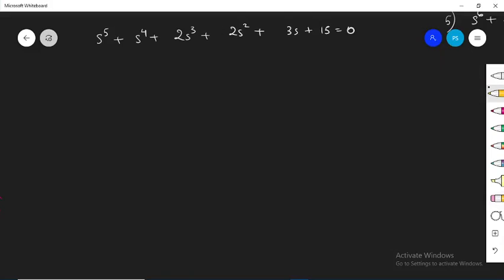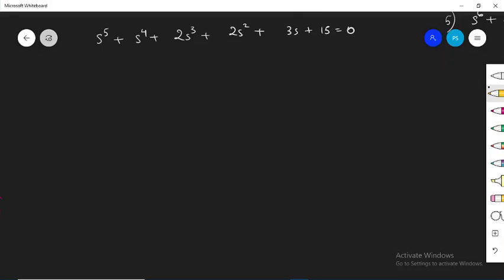Hello students, welcome to Control Systems lectures. In the last lecture, I told you about Routh-Hurwitz criteria. I also told you that it's used to determine the stability of any control system. Without actually finding out what are the poles of the system, you can determine whether the system is stable or unstable, and you can also determine the number of poles which lie on the left hand side of the S-plane or the right hand side of the S-plane.